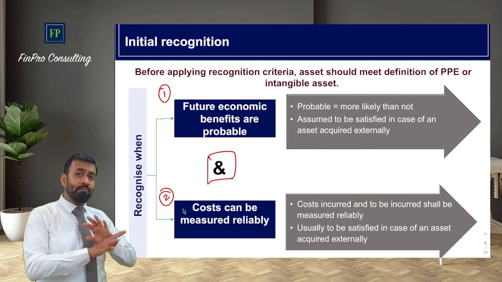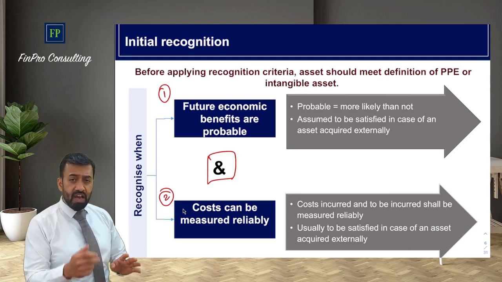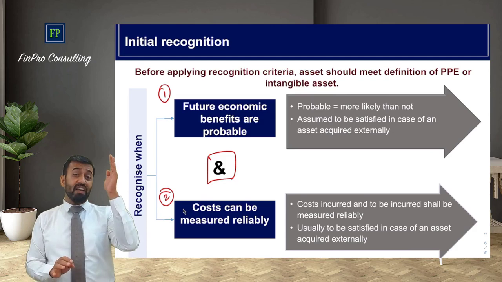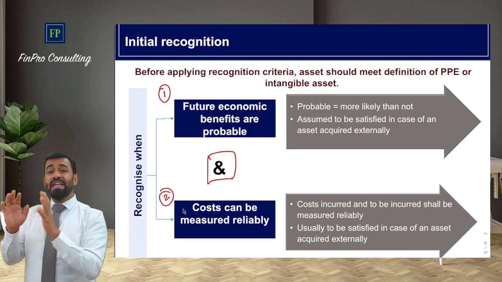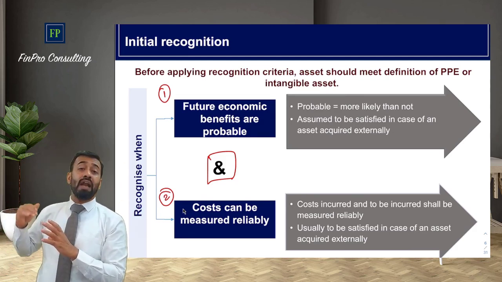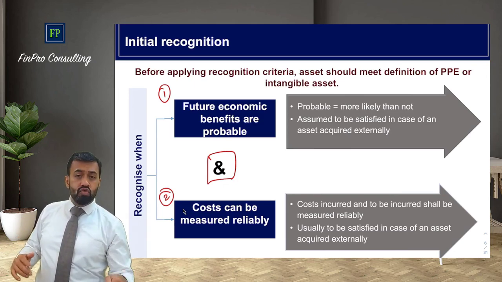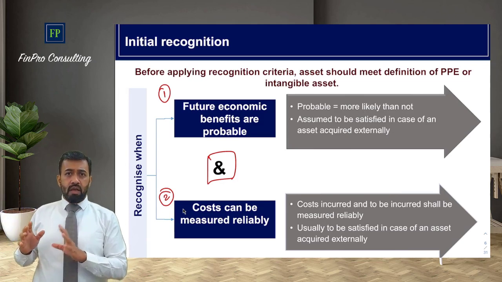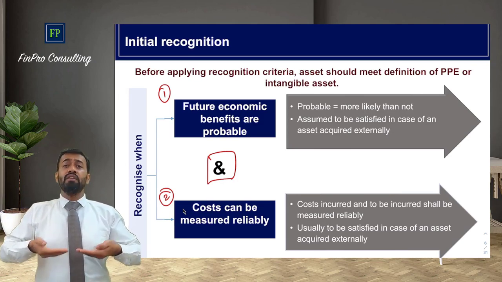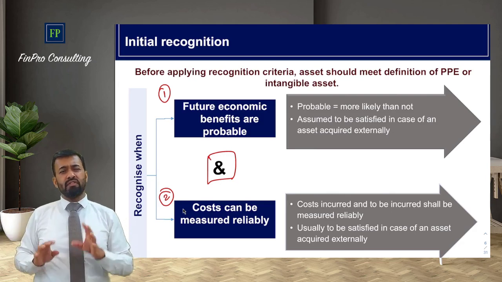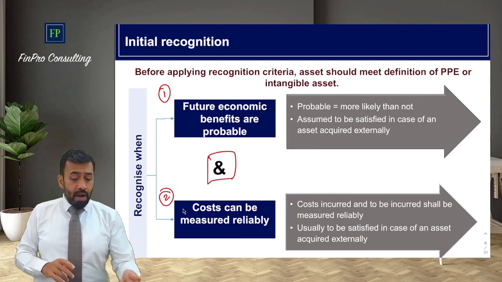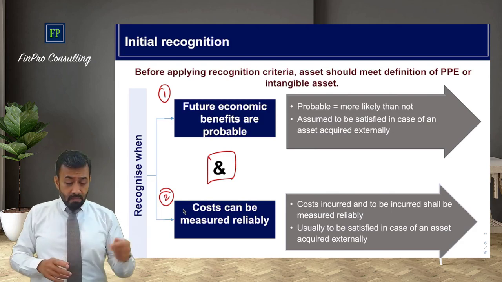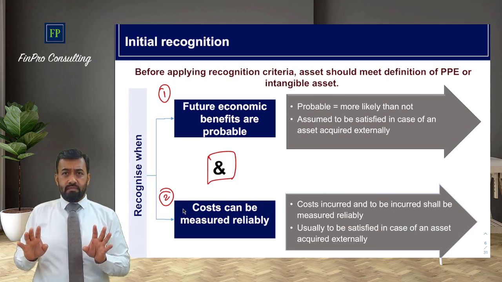Research expenditure, absolutely not possible to satisfy condition 1 and 2 both. Neither condition will be satisfied as far as research expenditure is concerned. Development expenditure, at least there are some additional criteria which are given which support these 2 conditions. And then we will be able to capitalize the development expenditure. But generally, when assets are internally developed, forget about that development expenditure. Simple, like brand, for example. Brand will fetch you future economic benefits. That is for sure. First condition gets satisfied, but second condition doesn't get satisfied.